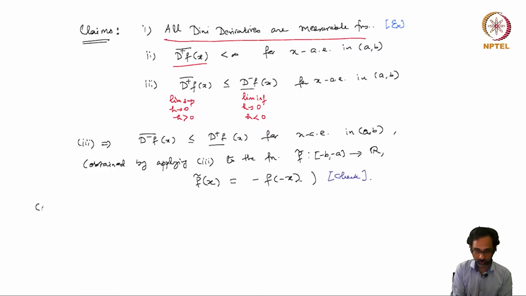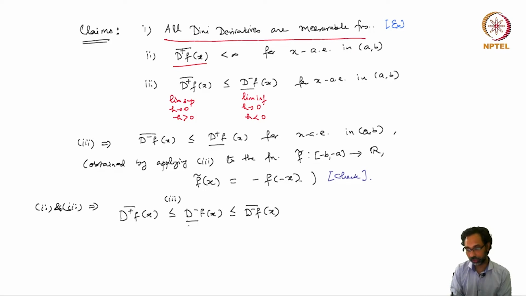So 2 and 3 imply together that first d plus f upper bar at x is less than or equal to the d minus f lower bar at x. So this is by 3, and then this is less than or equal to d minus f upper bar at x, just because this is the lim inf on the left and the lim sup on the right,